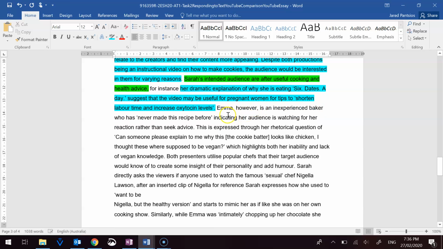Yes, yep. But once again, specific to her audience based on the terminology that she's using relating to pregnancy, or rather, yes, pregnancy. Birth is when they give birth. Pregnancy is the events leading up to it. Emma, however,